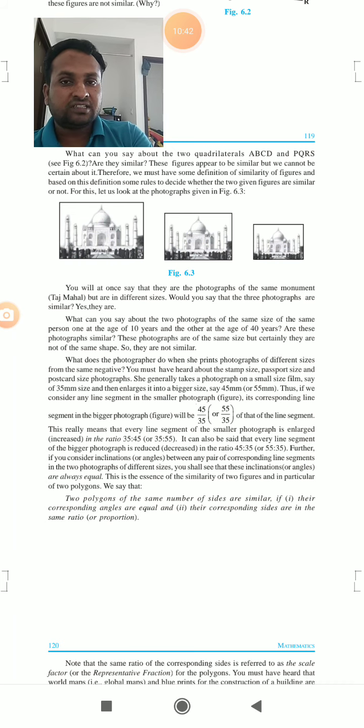Clear, children? I hope you understood. These are all points you have to write and read. You have to practically memorize all these points. Then you can easily understand the